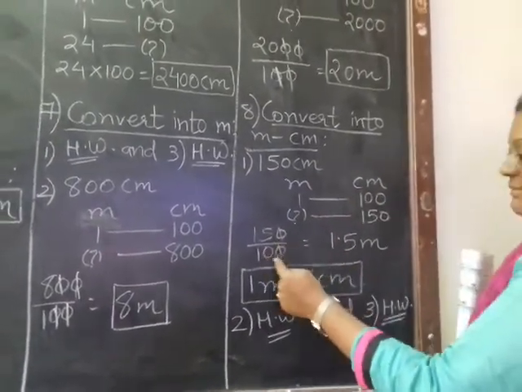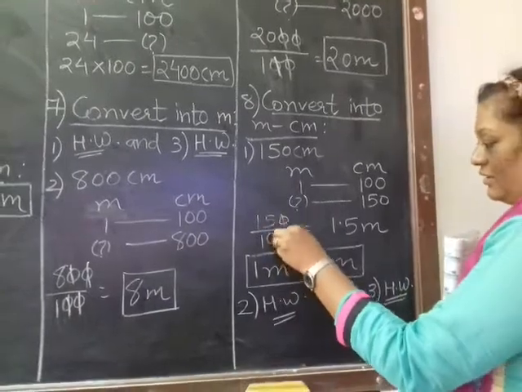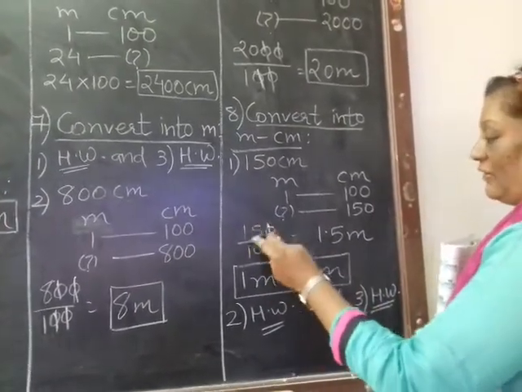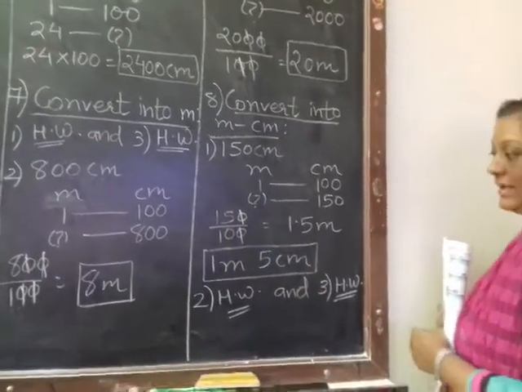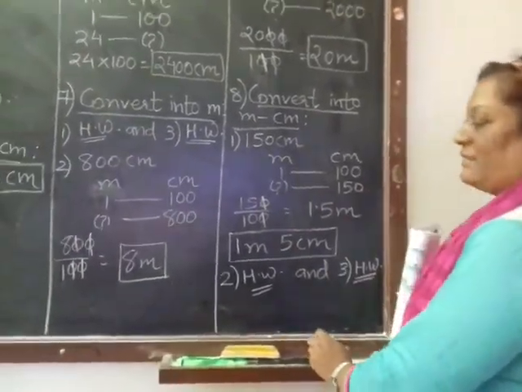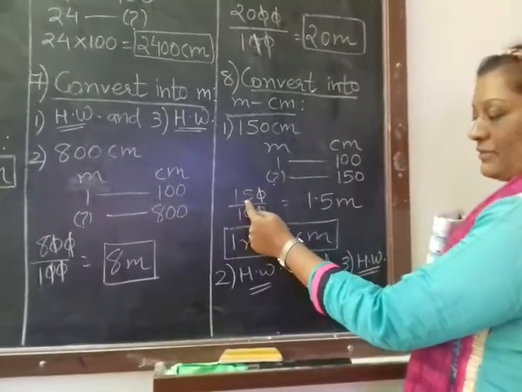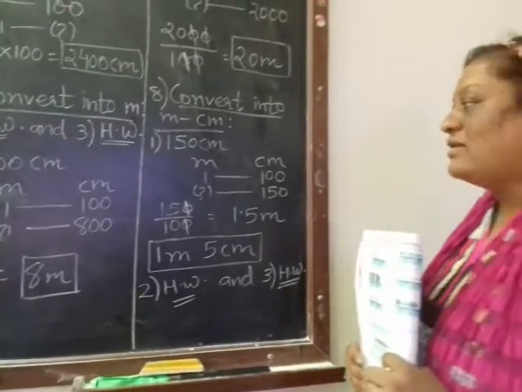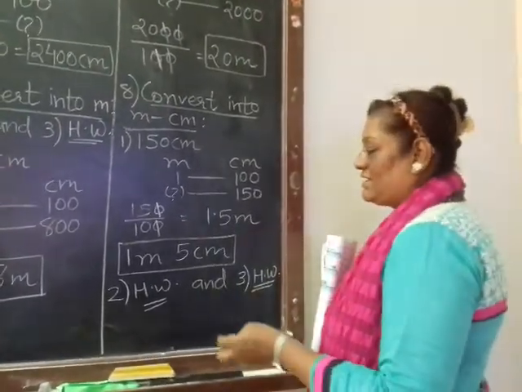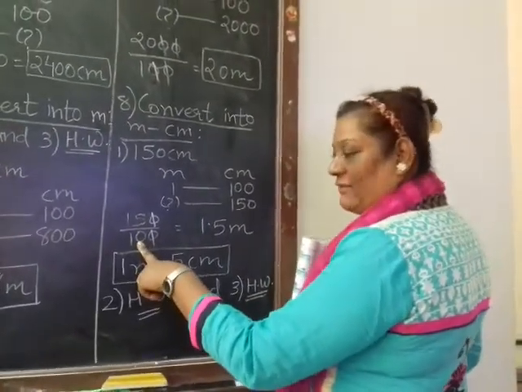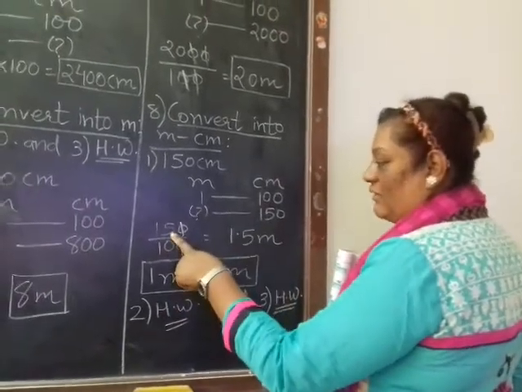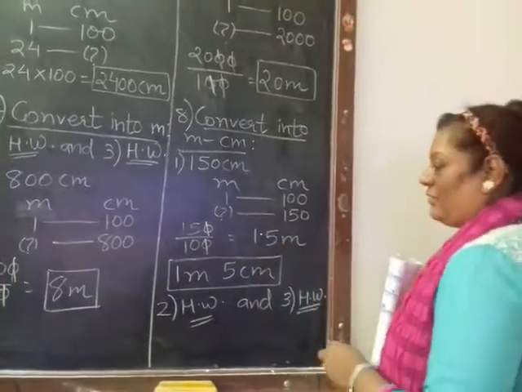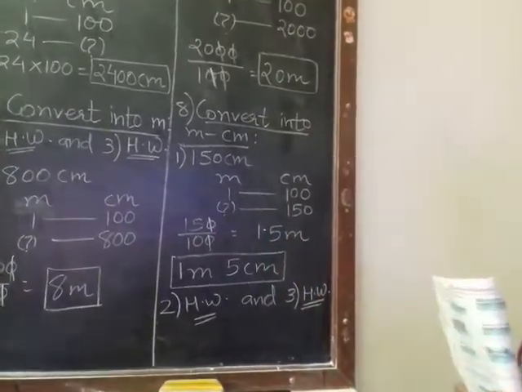So 150 divided by 100. 1 zero will cut out in 100 and the 1 common zero in 150 will cut out. Now 15 upon 10 is remaining. Now again, as I explained earlier, in the numerator I have 2 digits, in the denominator also I have 2 digits. So I do not need to add 0. I only have to keep a decimal point. In 10 I have 1 zero. So from the right I will count 1 digit, that is 5, and immediately after it I will keep a decimal point. So my answer is 1.5 meter.